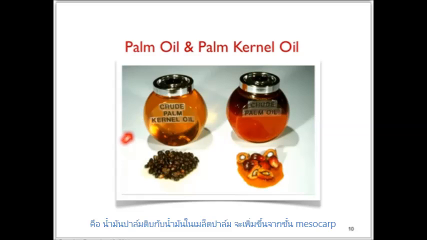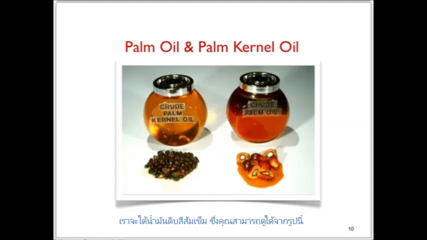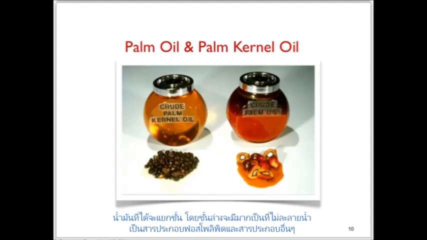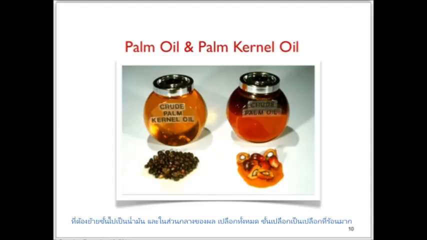So after the extraction, from the mesocarp or the outer flesh, we can get the crude palm oil. The color is very dark orange, and here you can see in this picture the oil has actually separated into two layers. The bottom layer contains a lot of